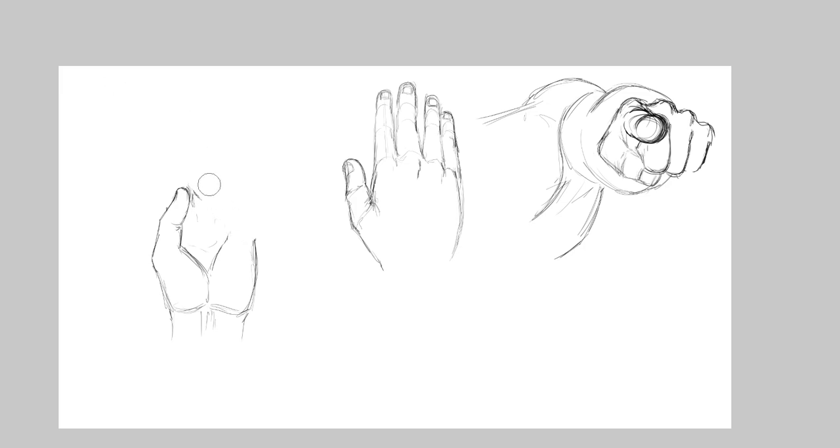I end up erasing this whole thing. This is horrible. Sorry. Try again. So the pinky stays relatively upright and actually doesn't even turn around like I had it drawn there. Something like that. The thumb comes inward, and from looking at your own hand, you're going to see the thumb